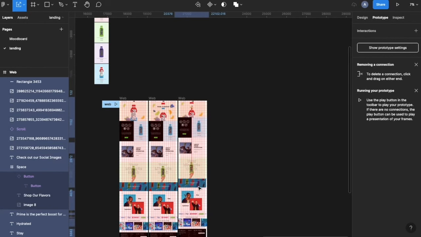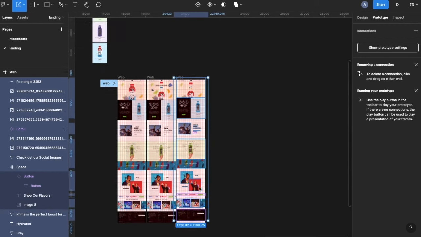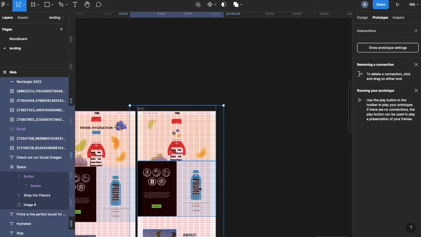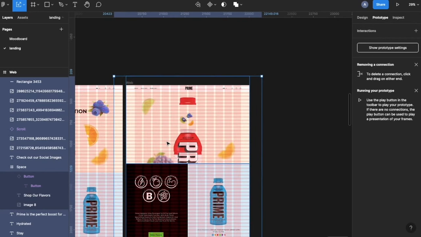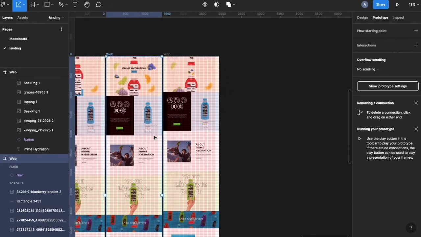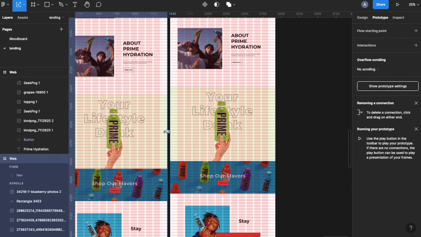So it kind of shows, yo, this is moving out of the frame. I hope all this is making sense anyways. So this is moving out of the frame, and we would then animate from the main one to this,